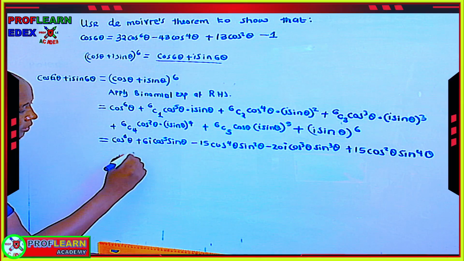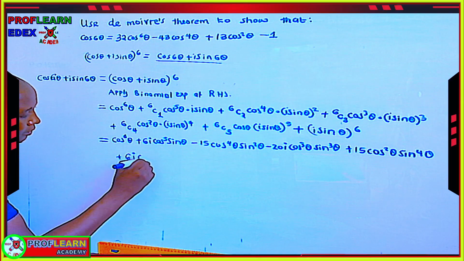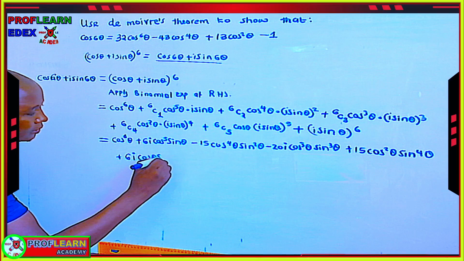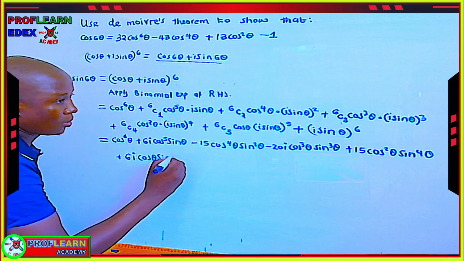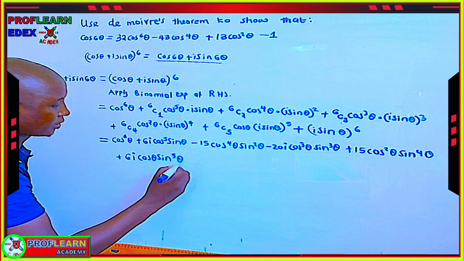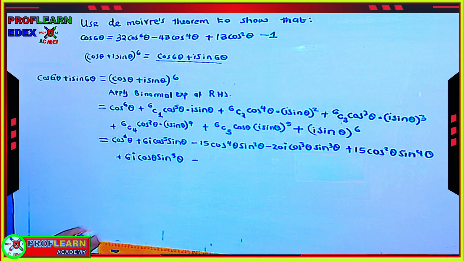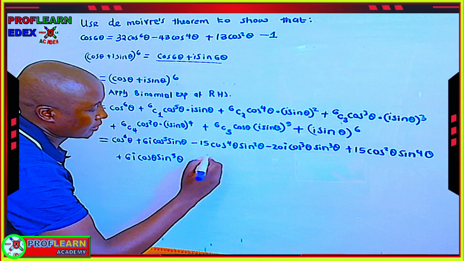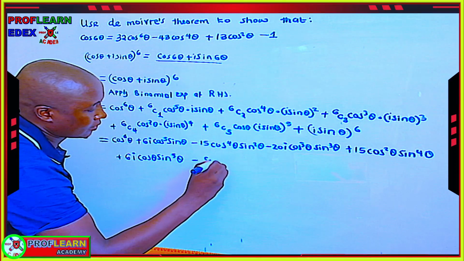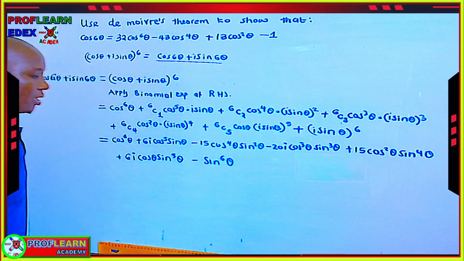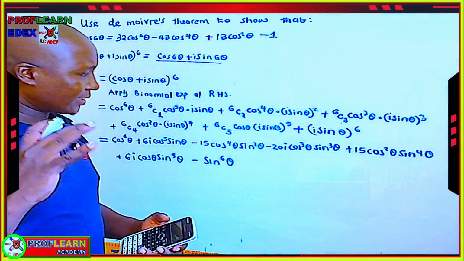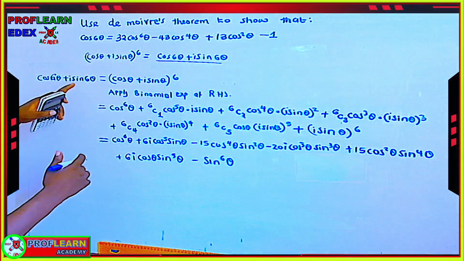Yeah, that will be 6i cos theta sine power what? Power 5 theta. And lastly, it will be minus 6 minus sine power 6 theta. So basically, the next thing that we're going to do, because we were supposed to show this expression,